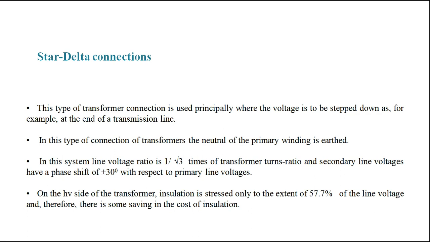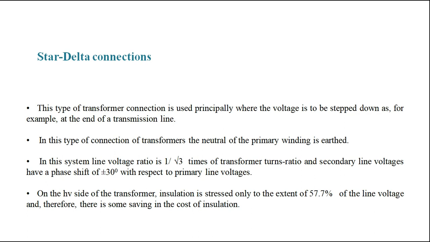That is, the voltage and current ratio is 1 by root 3 times the transformation ratio, that is the turns ratio. And the secondary line voltages have a phase shift of plus or minus 30 degrees, that we are seeing, with respect to the primary line voltages. On the high voltage side of the transformer, insulation is stressed only to the extent of